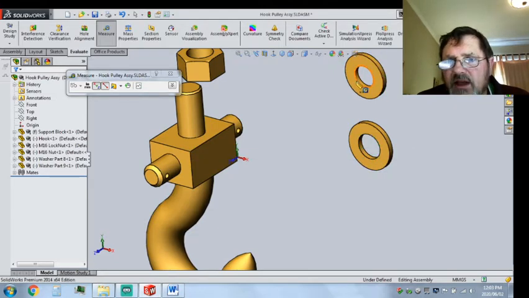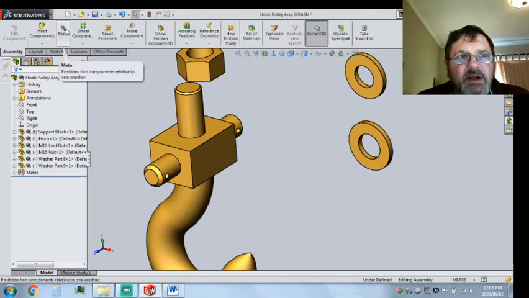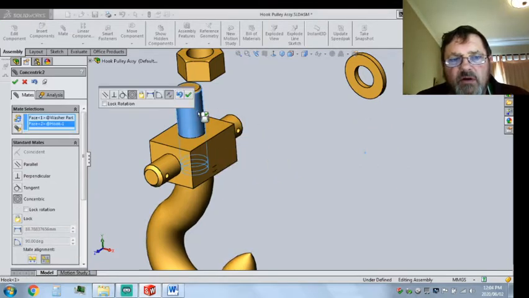16. That looks like a candidate. 14. Okay, so we know it's this washer. So we can go back to assembly. Mate. Mate is not your friend. The mate is causing one component